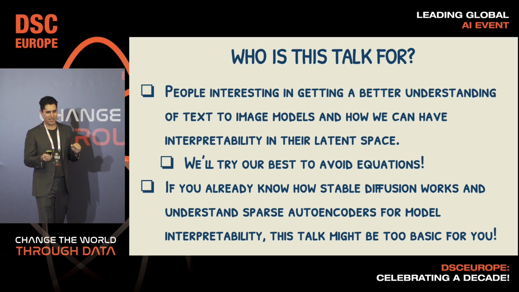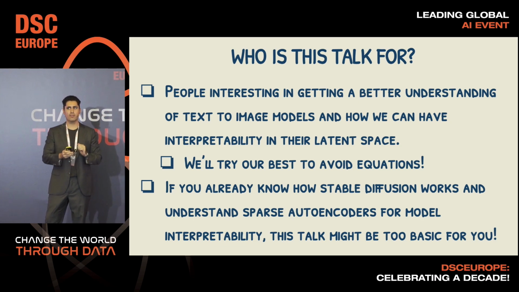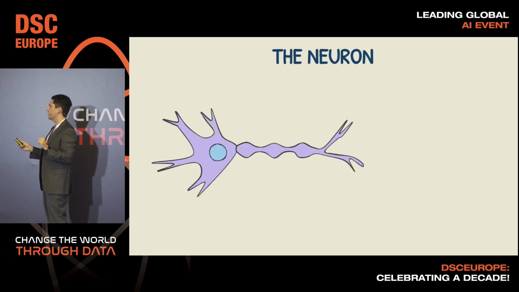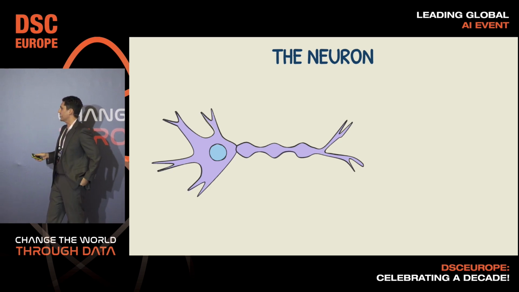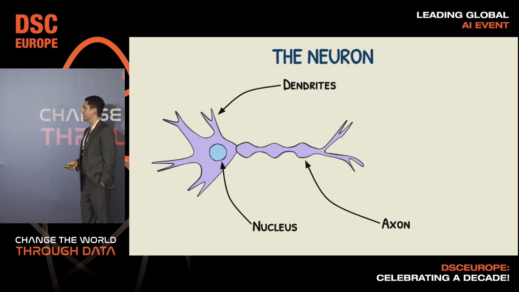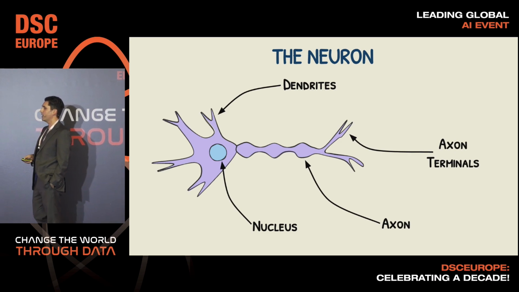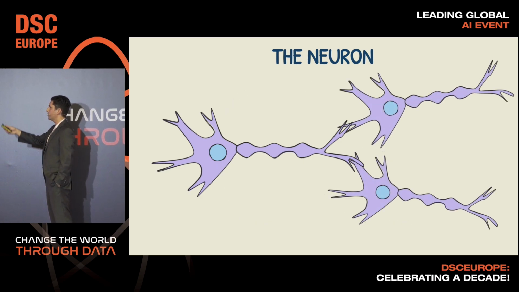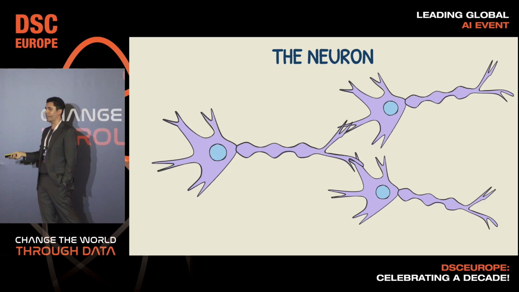OK, so with that being said, we're going to start at a super abstract level and then hone in to try to give you an intuitive understanding of how these models actually work. All right, so first off, it's the neuron. That's what you have inside your head, hopefully. And there's a couple of parts of the neuron. There's the nucleus, there's dendrites, there's the axon, and then there are the axon terminals, right? So you already have this biological neuron. And then there's a biological neural network because you can just extend these axon terminals to connect to other neuron cells, and then you have a brain, which still has many mysteries of how it actually works,